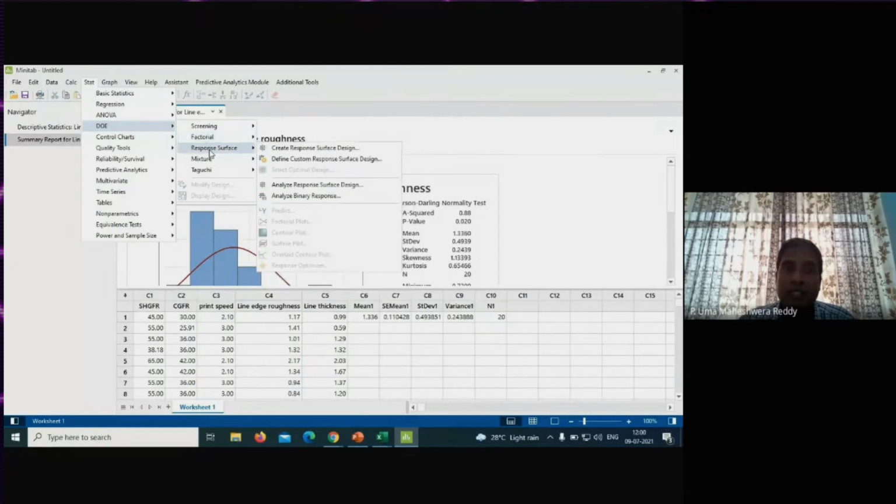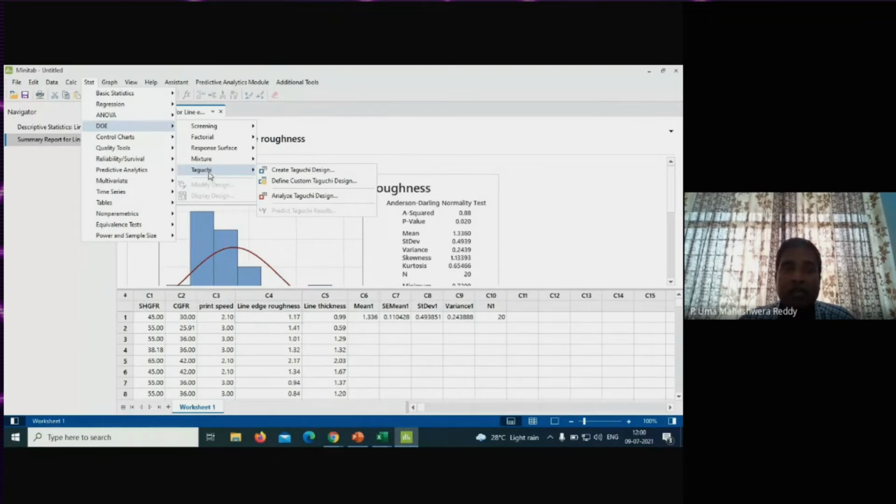Response surface methodology has 2 types of techniques: central composite design and Box-Behnken method. The mixture is a combination of levels. And Taguchi provides 2-level, 3-level, 4-level, 5-level, and 6-level.